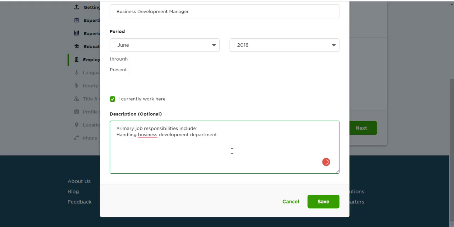And next prime responsibility, as I already said, I am going to set up my Upwork profile for e-commerce. So here my very next key point in the job description will be managing